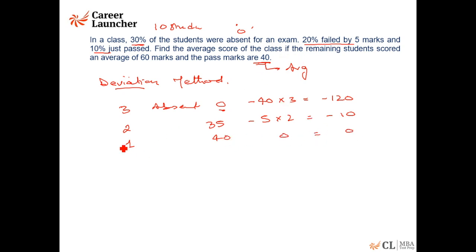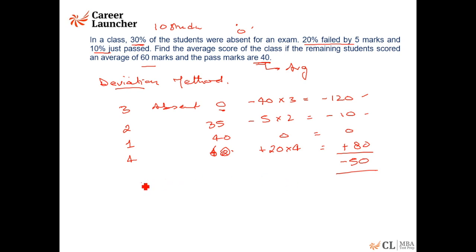Okay. And the remaining students, how many? 3 to 5, 1, 6 gone. 4 students, average of 40 marks. They are 20 marks. They have an average of 60 marks. Sorry. So their deviation is plus 20 into 4, which is plus 80. So what is the net deviation? 120. So 130 negative. So it is minus 50.